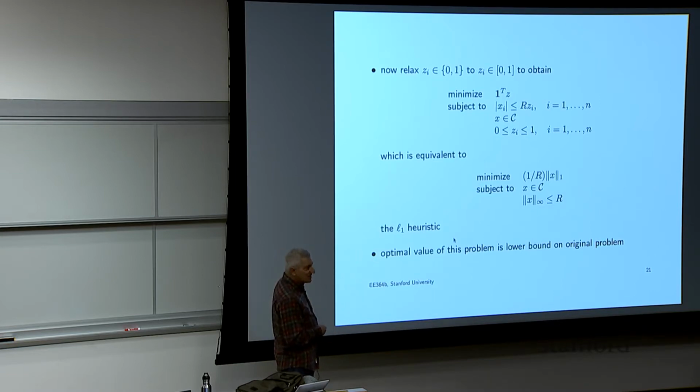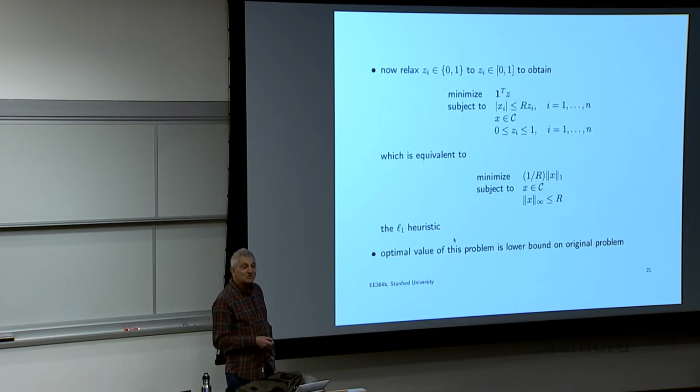our L1 heuristic. By the way, the L infinity constraint was critical to do this. Without that, the relaxation is nothing. It gives you no information at all, right? This also suggests all sorts of things. If your variables have different ranges or bounds, then you probably shouldn't be doing an L1 heuristic. It should probably be a weighted L1 norm, weighted by, you know, the inverse of the bounds or something like